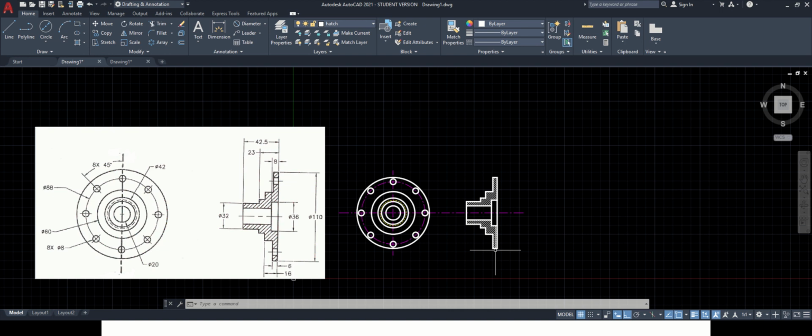Now this layers function we will be using afterwards when we will be going for orthographic and sectional orthographic projection